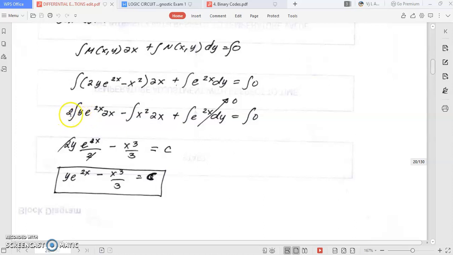By the way, this one could be moved outside already because that is not x. So, you just integrate the e raised to the power of 2x. Integral of e raised to the power of 2x is one half e raised to the power of 2x. That's why it's e 2x over 2. Then, this is just copied. Minus integral from here, integral of x squared, that is x cubed over 3, that is power rule. So, from here, this is equivalent to 0 for a reason we are using total integral in our dy, and our value here is